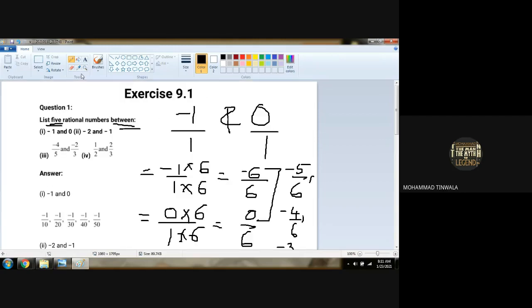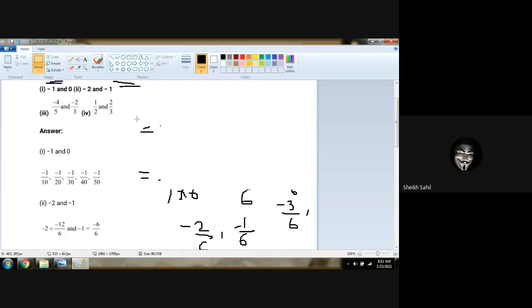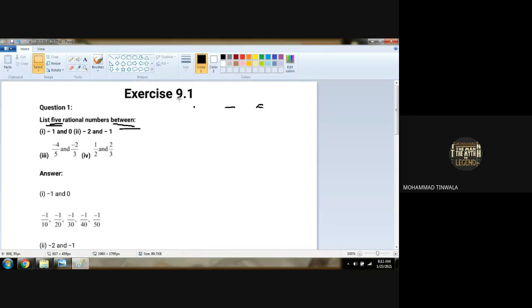Any doubt with this? So you can do the rest of the 3 sums, right? See, in the first sum, as we had no denominator, we took 1. In the second sum also it is the same process. But in the third sum, we do have a denominator, so we don't have to take any denominator anymore. Are you getting my point?